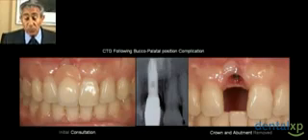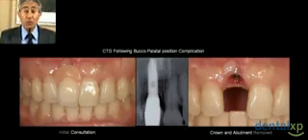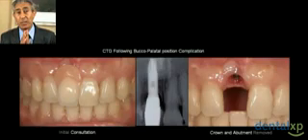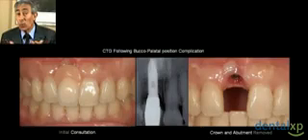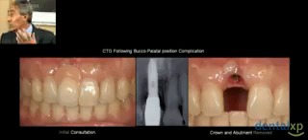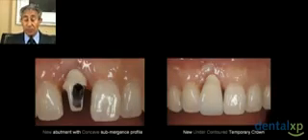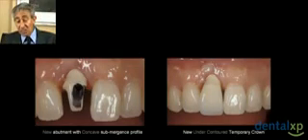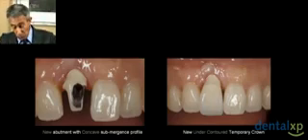Now comes a case where there is a complication because of the bucco-palatal position. The implant was inserted too buccally, so automatically the bone was ground or resorbed very easily, and we ended up with a patient having a crown with some acrylic mask, I would say, to compensate for the depression of the ridge. So this is an extreme case that I will not do on a regular basis because it's going to be